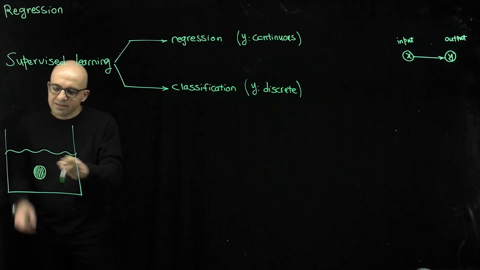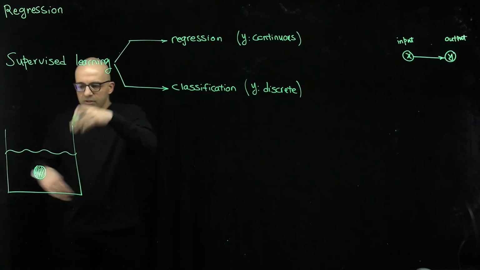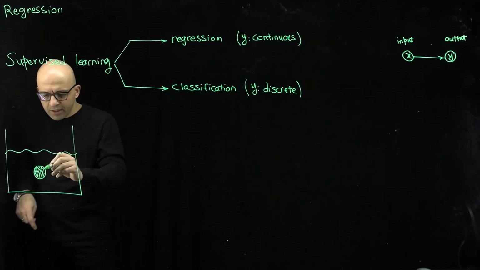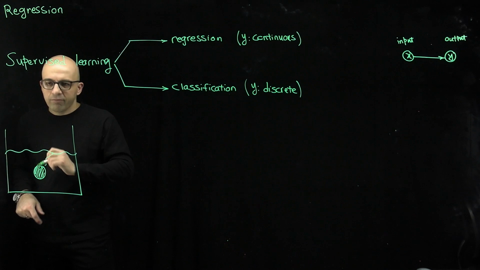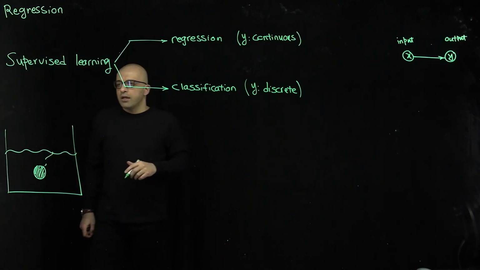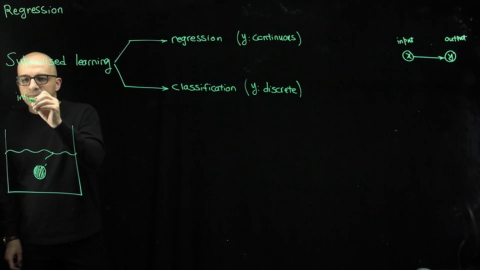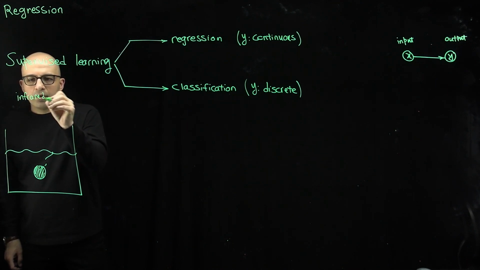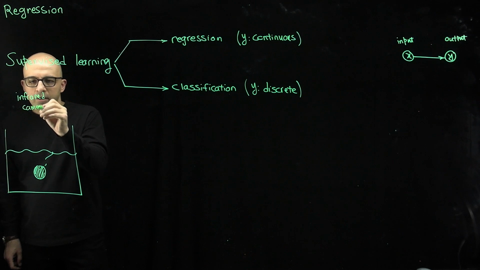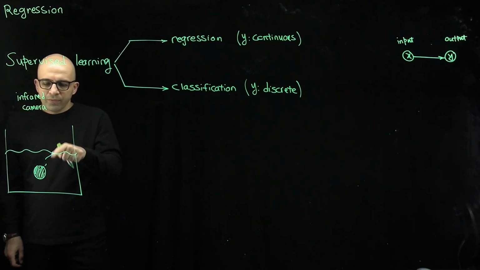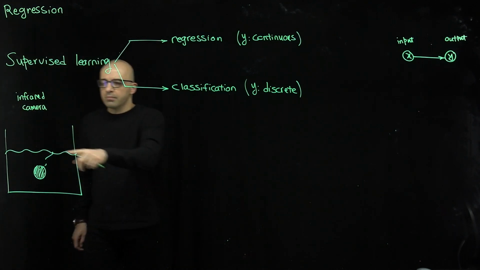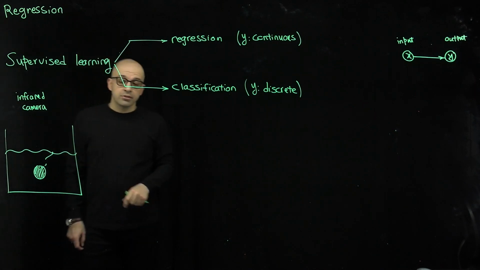Let's say this body has the same density as the liquid, so it's buoyant, so it can travel freely here. Once in a while, in a random fashion, it comes to the surface. And when it comes to the surface, we have some infrared camera, which we can use to get a measurement of the temperature of this body